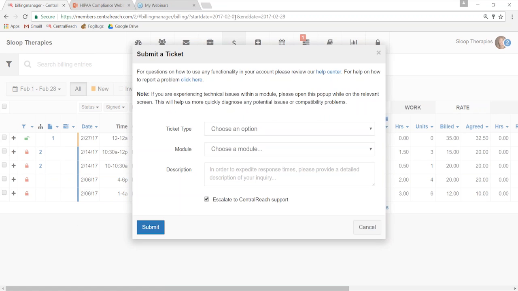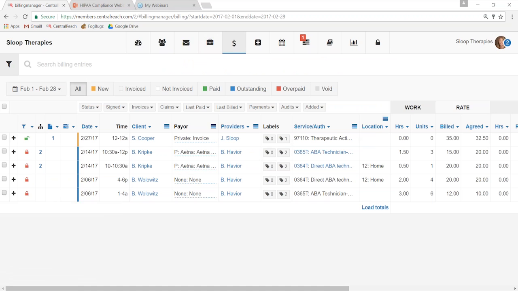If I come in here and I open a support ticket from right here, what happens is that on this end at CentralReach, we get a screenshot of this. We see exactly the screen you're on. We see all of the information that's here. And as well, we get the URL up here and we get some background information behind the scenes, what browser you're working in, all kinds of things that are going to help us determine what's going on with this ticket. And it's going to help us resolve your question much more quickly. Sometimes we get an email, then it's back and forth trying to get more information, trying to figure out exactly what it is. And the really great thing about this is not only that we get all this information, but that all of that information is completely protected because you're staying within CentralReach and within the platform where